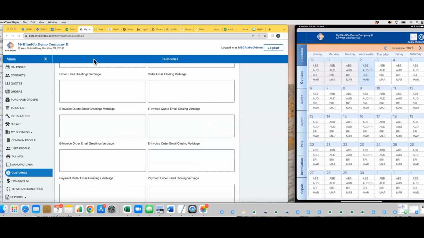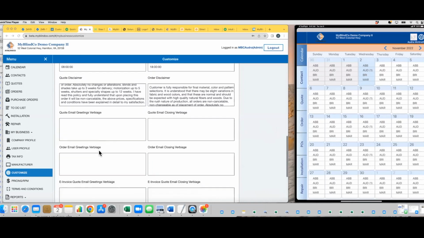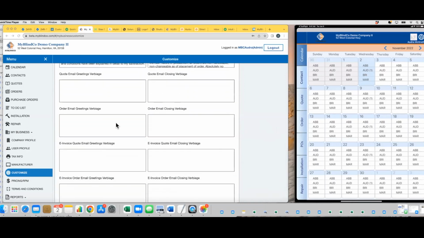So I've already logged into the portal here. You might have noticed on the left menu under My Business, we have a category called Customize. This is where you can add quote and order disclaimers, update your appointments, but I want to talk about customizing